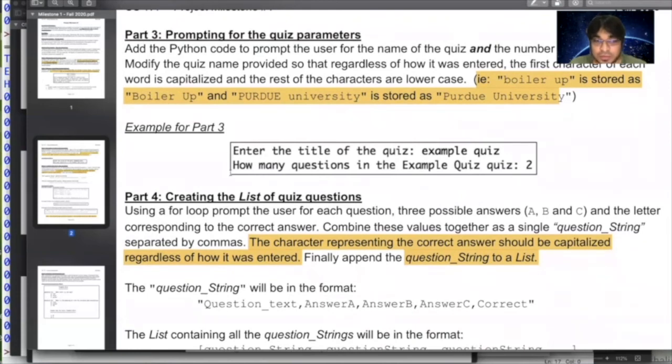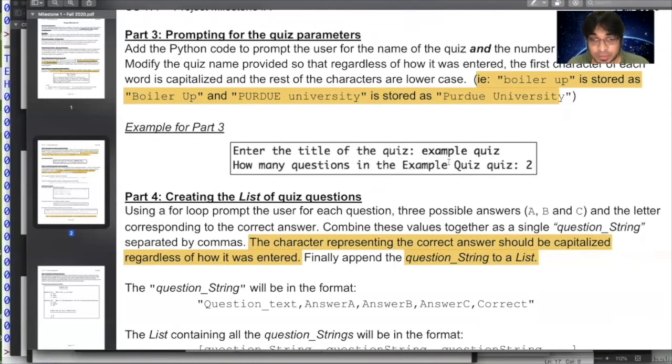And then there should be a second question that you ask the user, where the user needs to input how many questions there should be in this quiz. Now, observe that in this question here, it says how many questions in the example quiz.